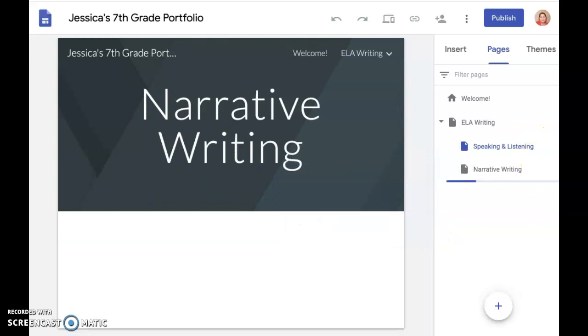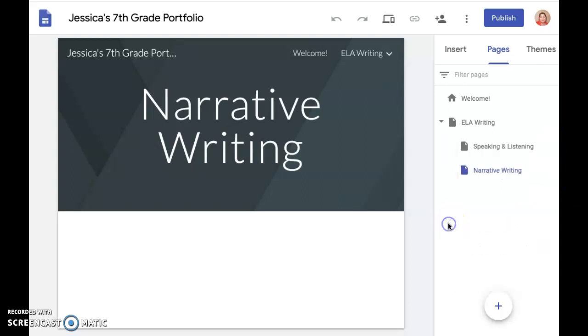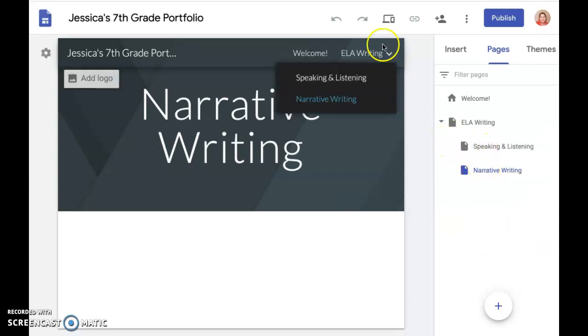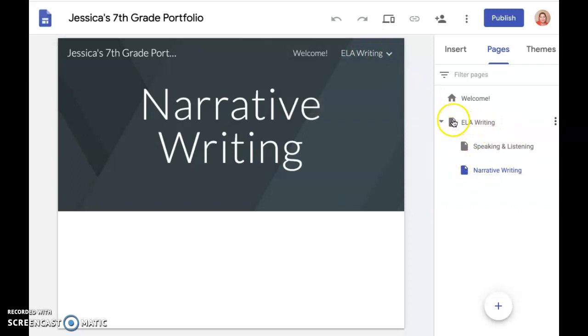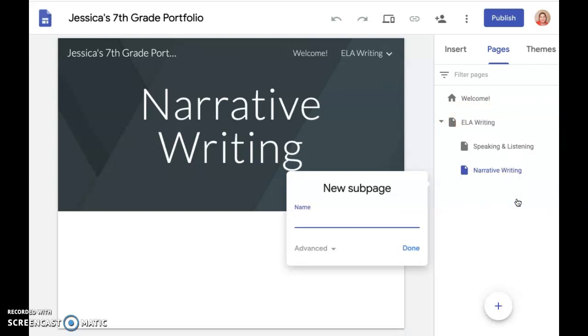This happens again. Here's a warning. Do not select the 3 dots beside speaking and listening and do add subpage, because then the speaking and listening page will have a subpage rather than it being nested under ELA writing. So each time I add a subpage, I have to go back up to ELA writing and select those 3 dots. So I've got my speaking and listening, I've got my narrative writing,